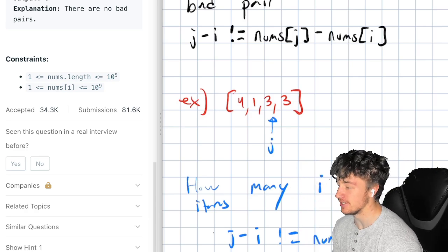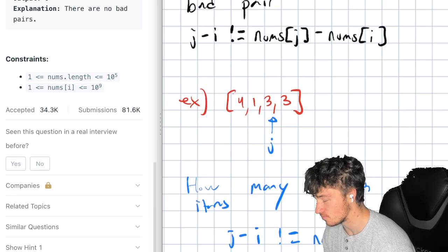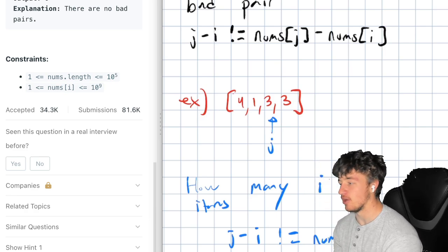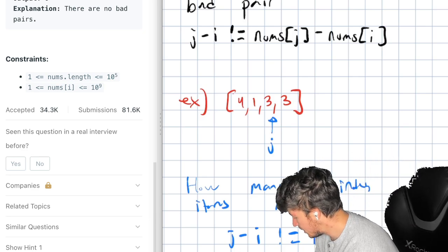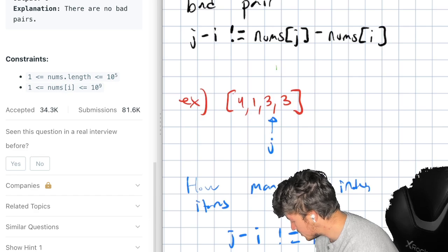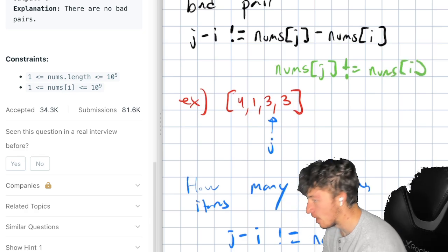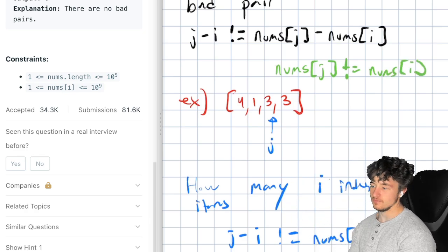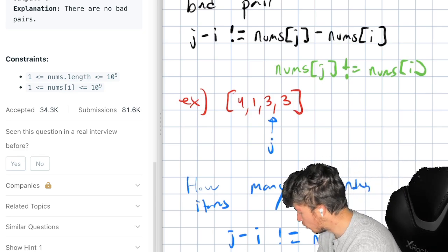So we have to find some way to say, okay, look at this element. How many before me don't meet this condition, right? Now, if there was no j minus i, if this problem was instead just nums of j not equal nums of i, how would you solve it? Okay, the easiest way to solve it would be with a hash list, right? You'd go through